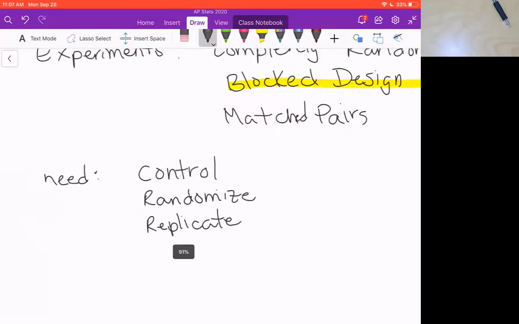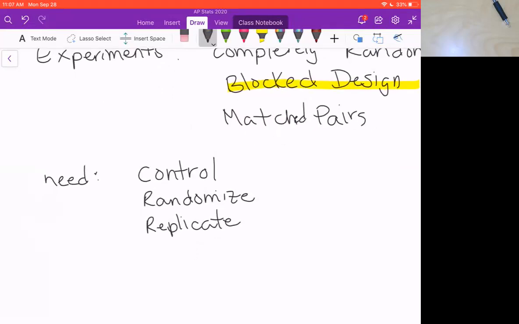Also, other tools that we have to help us with this is we use placebos. Placebos can help us control psychosomatic things that happen with people, where they think they're going to get better because they're in this cool experiment and they're being tested on this new drug and they think they're going to get better. So sometimes it's psychosomatic, so we use placebos to help us control that. We also use blinding for very similar reason. So we blind them, not letting them know if they are getting a treatment.